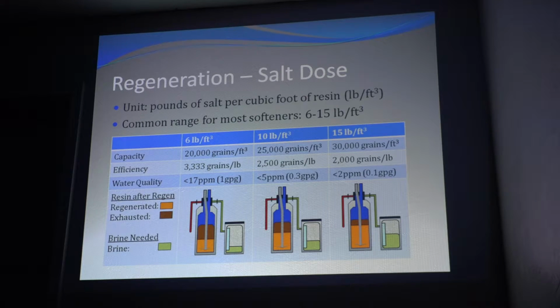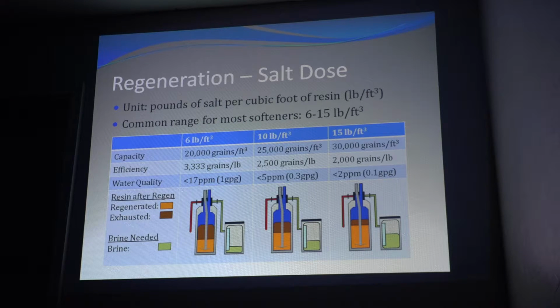It doesn't bother us, if that's the results they want. If they want 17 parts per million, because the husband doesn't like soft water and the wife does, there's a compromise right there. It's not going to give them awful water. It's just going to give them